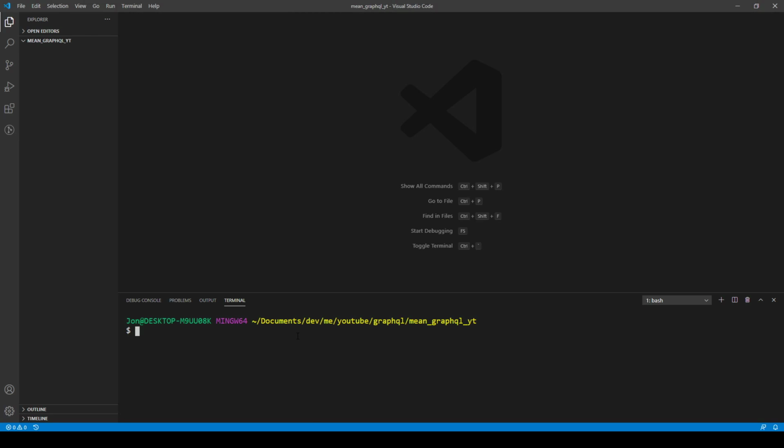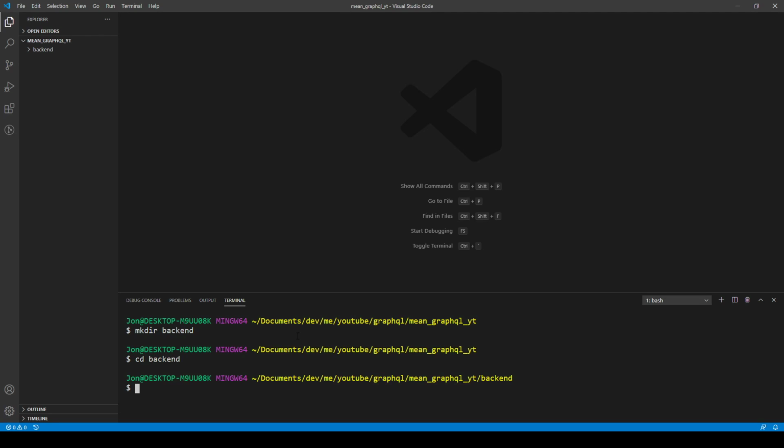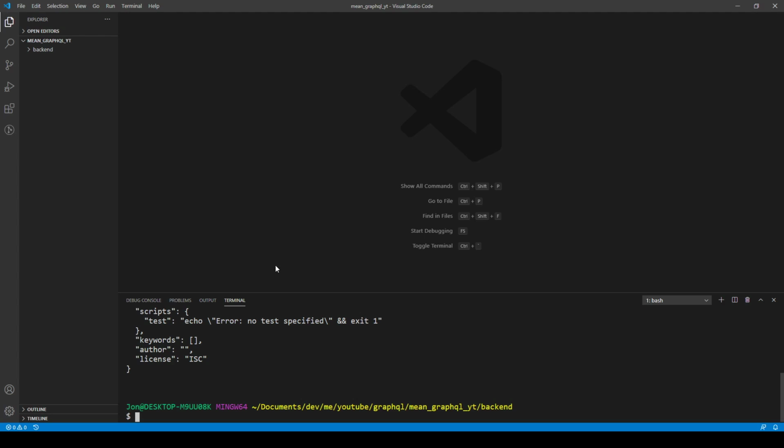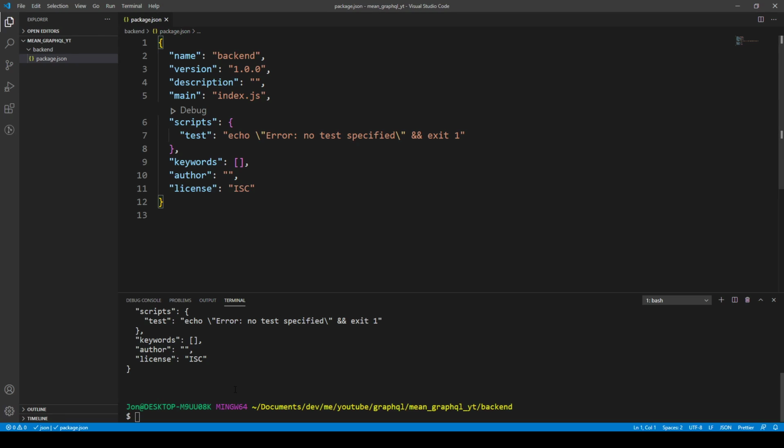So we'll just create our folder structure, and I'll make a new directory and call it backend. We can cd into the backend, and create a Node application by running npm init -y. What this will do for us is create the package.json file, and we can go ahead and install our dependencies. So I'll run an npm install express